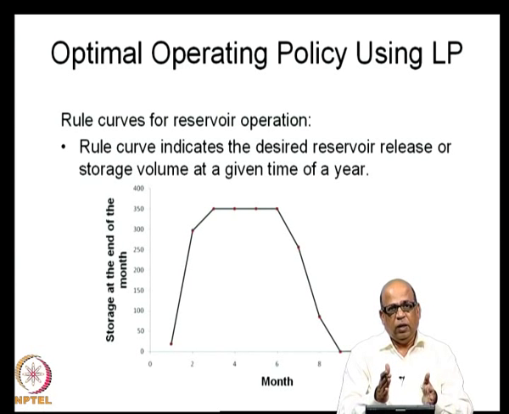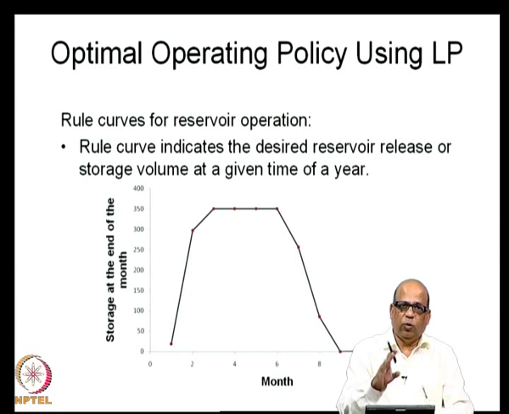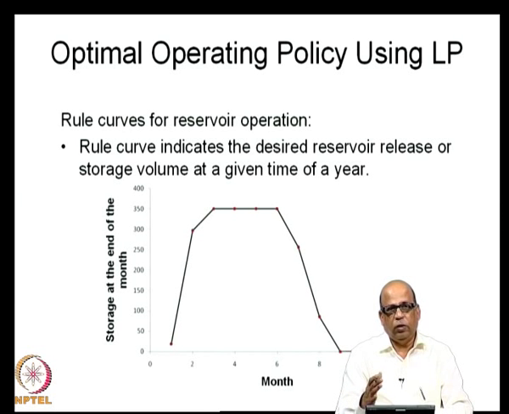So, in the end you must be able to specify the reservoir level that you need to maintain at the end of each of the months, let us say June month, July month and so on. This is what we call the optimal operating policy. As we progress, and perhaps in the case studies that I discuss, I will indicate how complex the problems can be, but the principle still remains the same. You formulate the optimization problem correctly and then solve it and provide the reservoir operating policy, in terms of the storages as well as in terms of the releases.